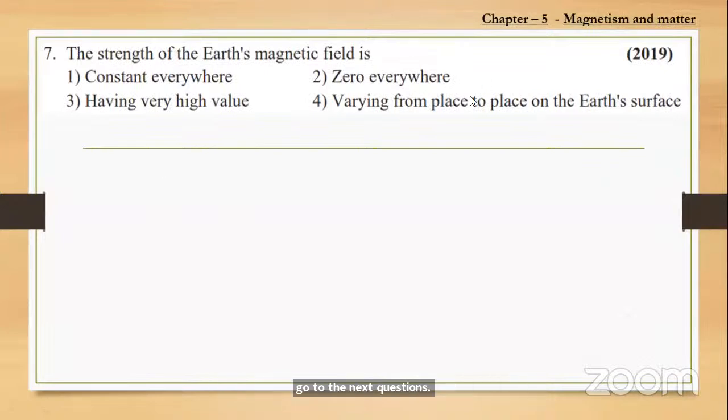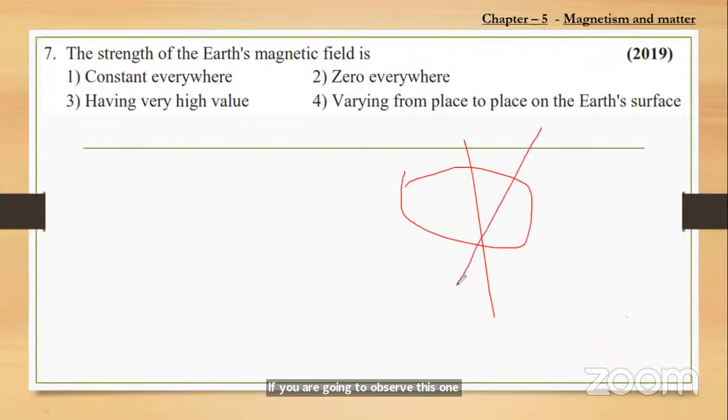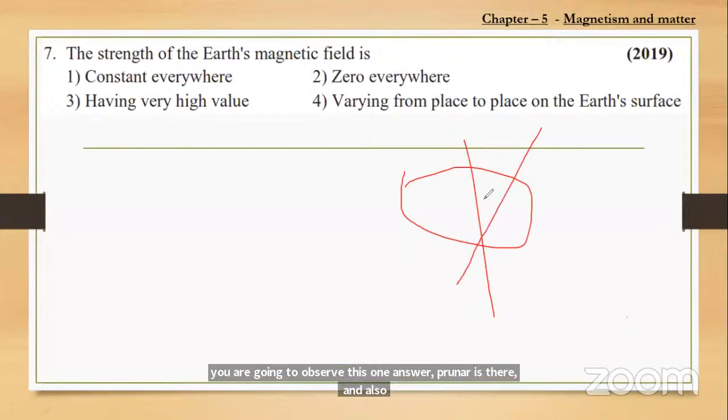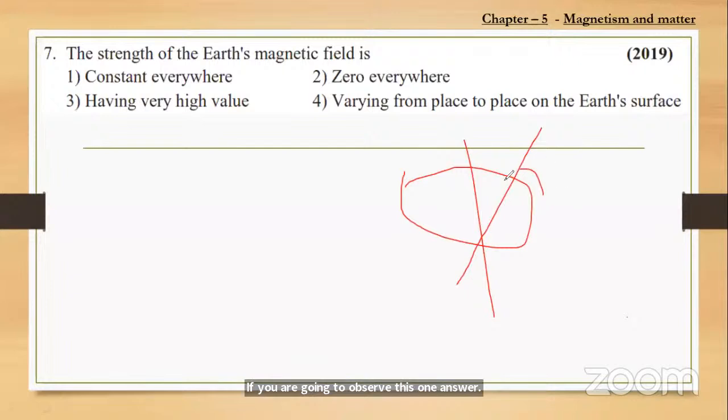The question is, they are saying that the strength of the Earth's magnetic field is constant everywhere, zero everywhere, having a very high value, or varying from place to place on Earth's surface. If you observe this, on Earth's surface there is a true north and also a geographical north. Because of that, there will be an inclination, there will be a declination, so there will be a rotation effect. So there will be a lot of effects which are causing the